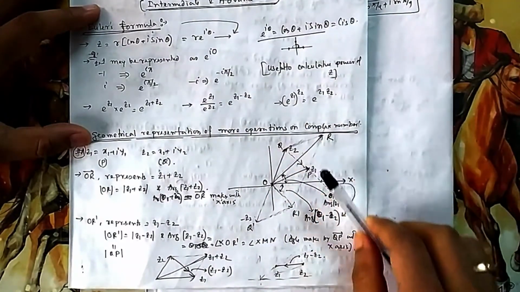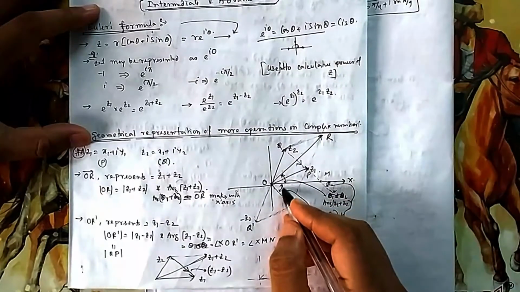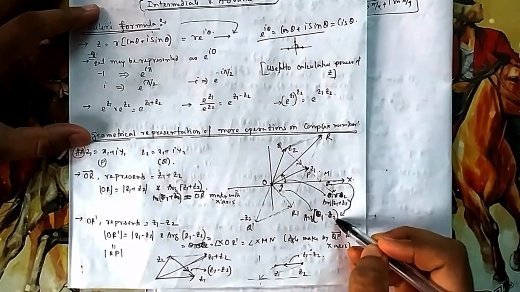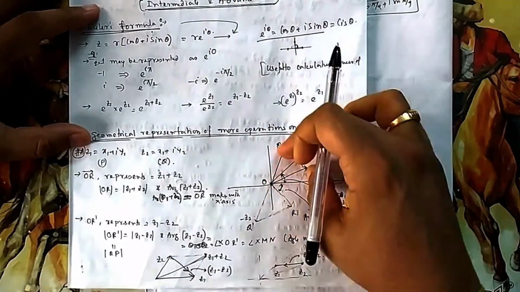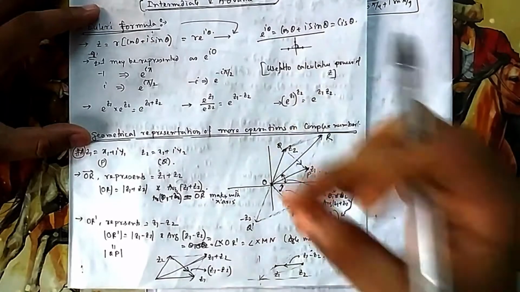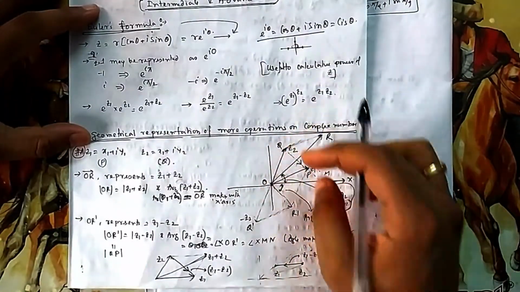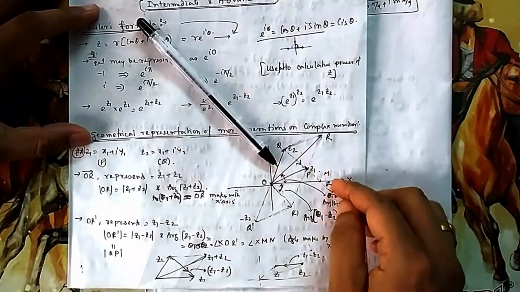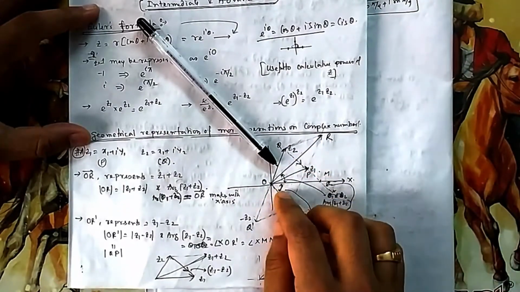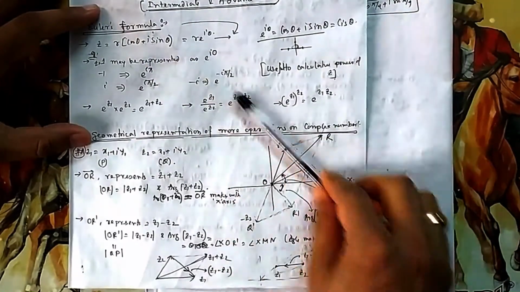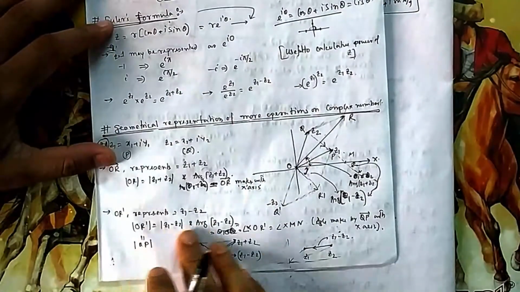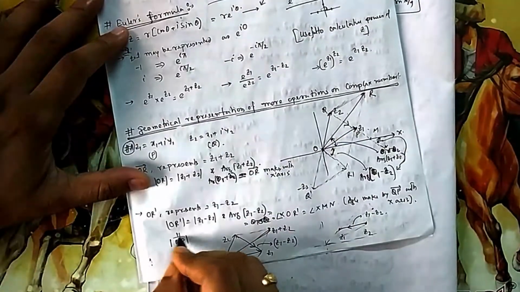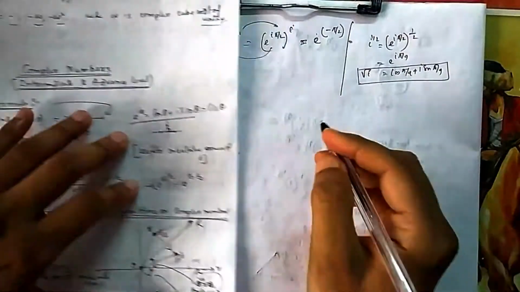Because this angle and this angle are also the same, the argument of this one is also the argument of z1 minus z2, same argument, and the magnitude remains the same. So I can say this vector represents z1 minus z2. The magnitude is obviously the same, and for the argument you need direction. If you give this other direction, then the argument will not be equal to the argument of z1 minus z2. So the direction should be fixed. That's why it is OR dash, which is the same as QP direction. So direction is a must.